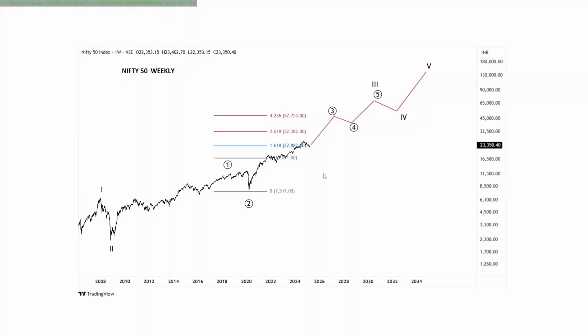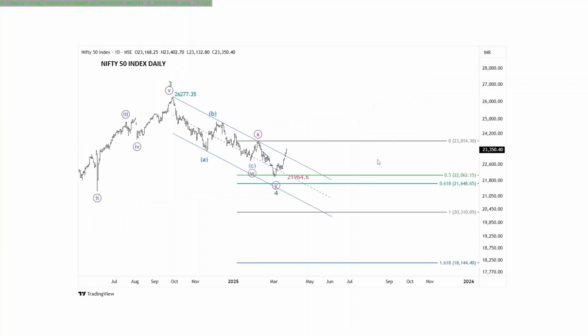32,300 levels. But my sense is that primary wave 3 will complete around 47,700 levels, since intermediate wave 3 has just completed the first wave of intermediate wave degree, and from there on it's into the intermediate wave 3. So from current levels Nifty may double in the coming years, and so there is plenty of upside in the Nifty index.